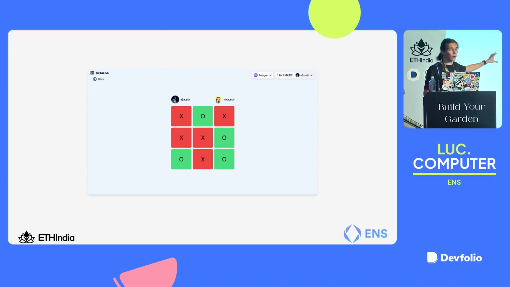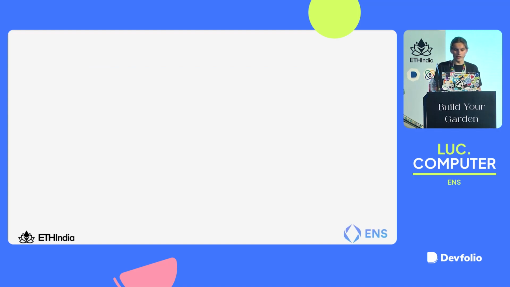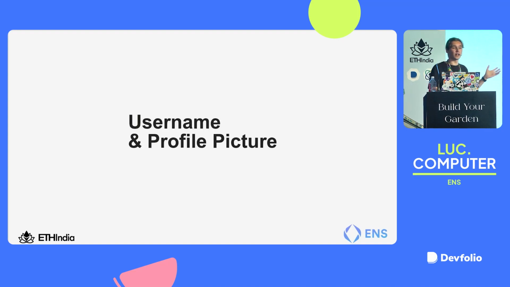We've got names, we've got profile pictures, and the dApp has nothing to do with ENS. If you do want to build something ENS specific, you're more than welcome to, but this is just your average dApp and an ENS integration. So that's the core idea of ENS. In this specific example, it provided the username and avatar. But we have a whole lot more than that.